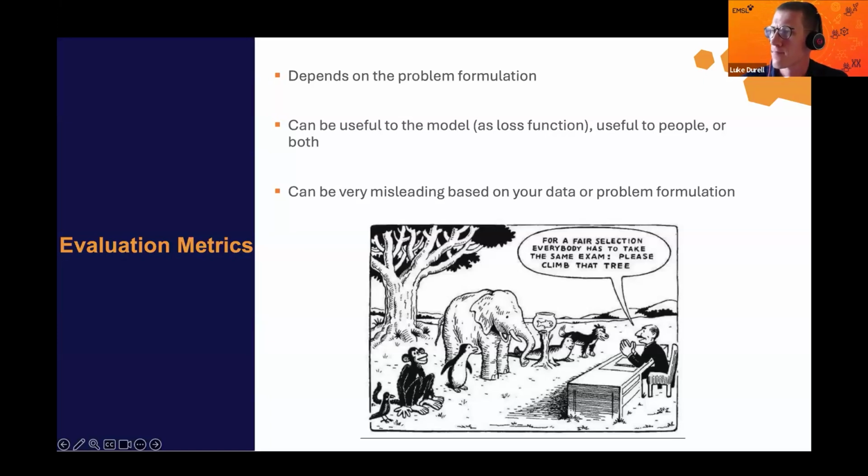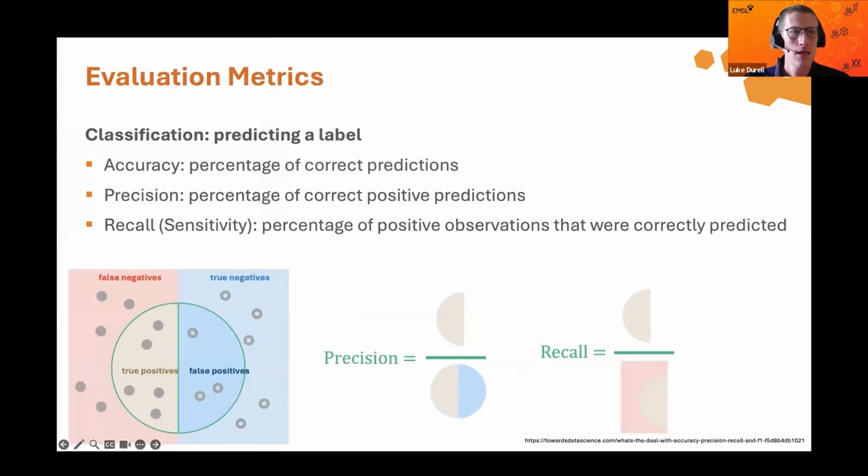All right. So evaluation metrics can be very misleading based on our data or problem formulation. So we'll talk through a few common evaluation metrics just to give some overview of these. And many of these will probably be familiar, but it's helpful just to talk through the basics again. So for classification tasks where I may be looking at two different labels, sick versus not sick, common metrics used: